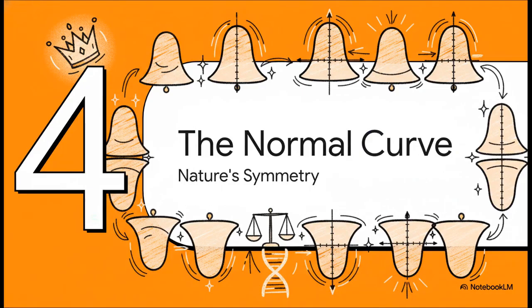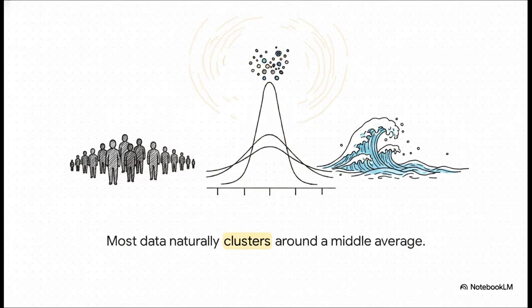Section 4. The Goddess Normal Curve. To truly wrap our heads around this variance, we have to meet the mother of all statistical tools. Look at this magical, perfectly symmetrical bell curve. It proves that in the real world, whether we're looking at human height or the natural variance of ocean waves, most data naturally clusters right around a middle average value. The highest point, right in the center, is the most frequent occurrence. And as you move further away into the tails, those occurrences become increasingly, exceedingly rare.